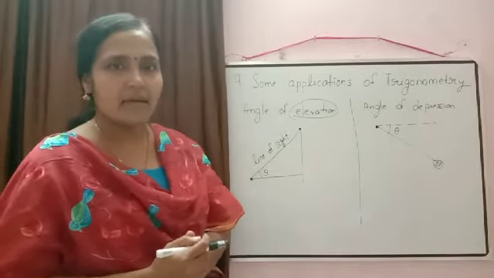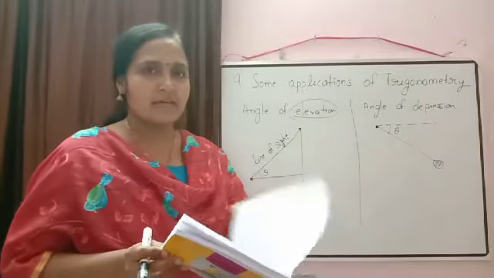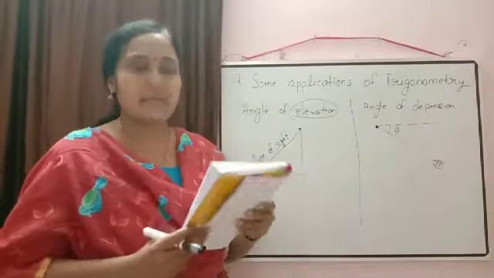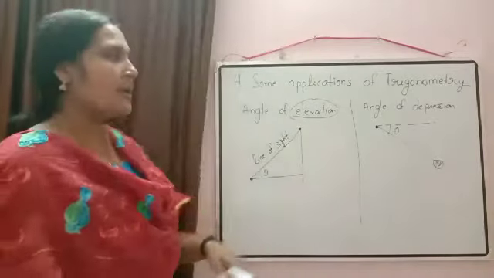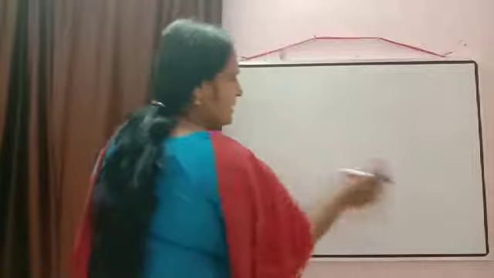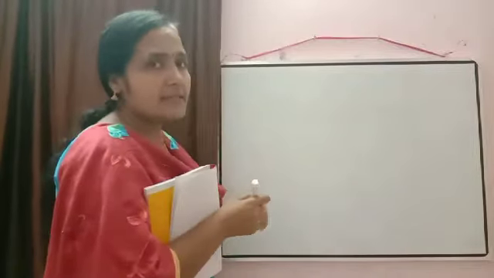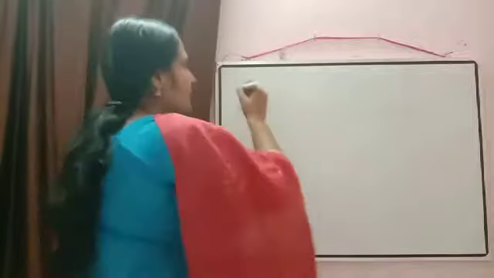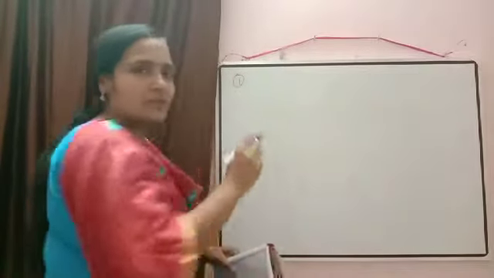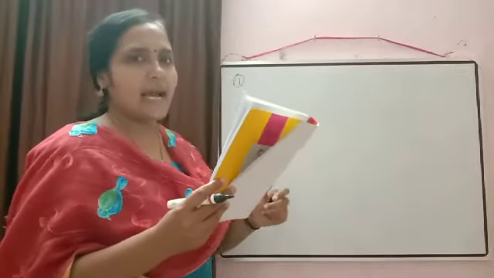Okay, shall we start? Now all of you, the questions are already there with you. What I am doing, I am reading the question and I am drawing the diagram. In this type, if you are able to draw the diagram correctly, then all the rest of the calculations are very easy. The main concept is that the diagram should be correct. So now we'll check. We'll read the question and accordingly we will draw the diagram.